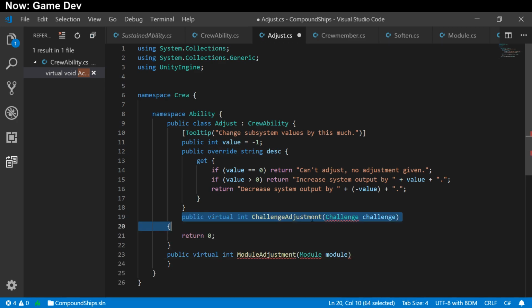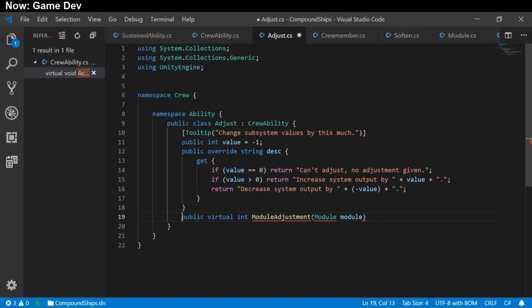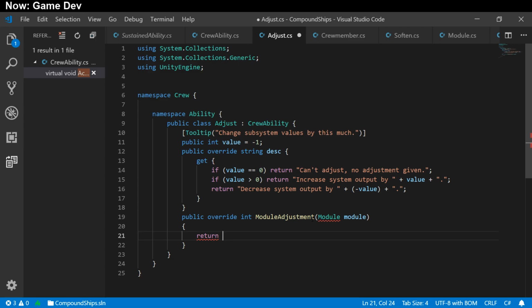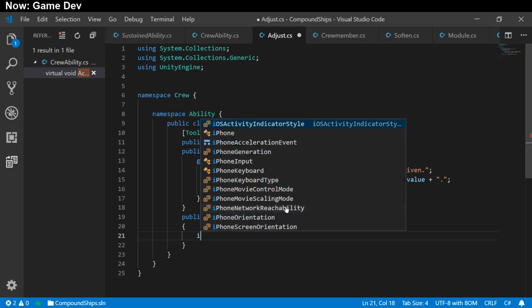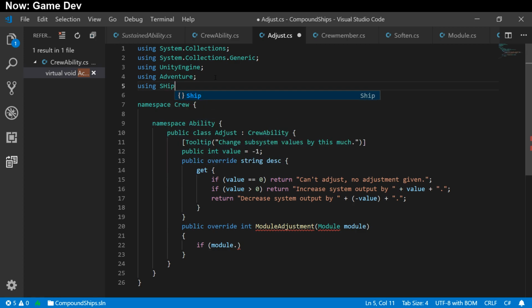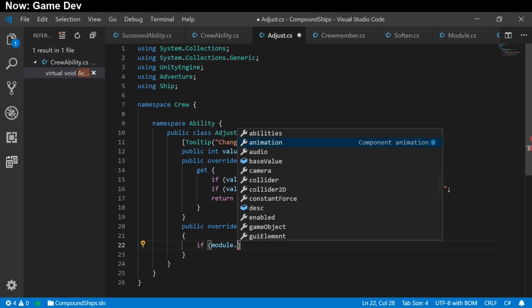Oh, I never overrode it. That was what was going on. So it's just returning 0 right now. So the problem is that I'm an idiot. Let's go ahead and fix it up a little bit. So adjust is going to be override, what is it? Protected? Public? Yeah, public. So if we look into adjust here, what we're going to do is make that module adjustment. So public override int module adjustment, and then we will just return,